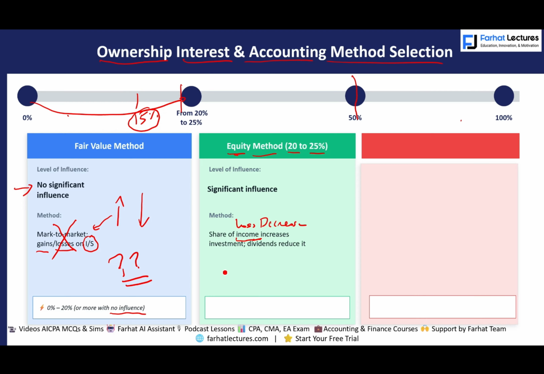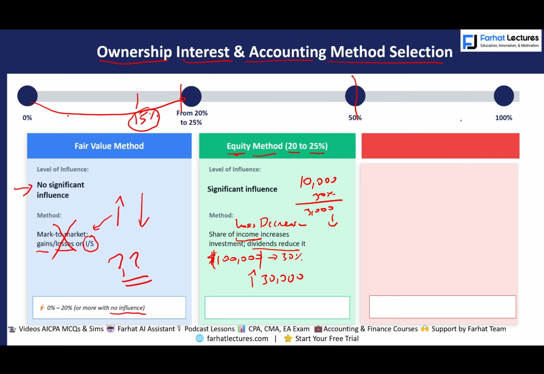So if you look at the income, let's assume the company made $100,000 in income, and we'll work an example later on, and you own 30% of that company. You're going to increase your investment by $30,000 by that income. And the opposite is true. If the company incurred a loss, you would reduce your investment by $30,000. So that's the general rule. Then if the company pays a dividend, you would reduce your investment by your proportion of that dividend. Let's assume they paid $10,000 in dividend. You own 30%, you get $3,000. You would reduce your investment by that dividend. Why? We'll work on that later and explain why that's the case. I don't want you to worry about this now.